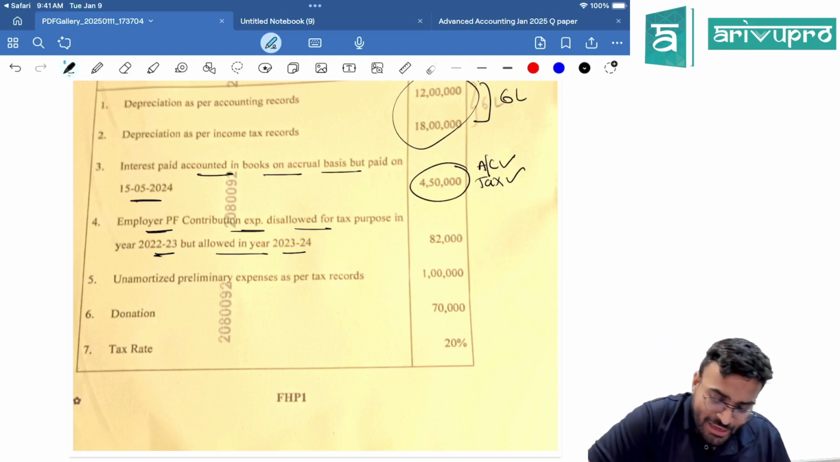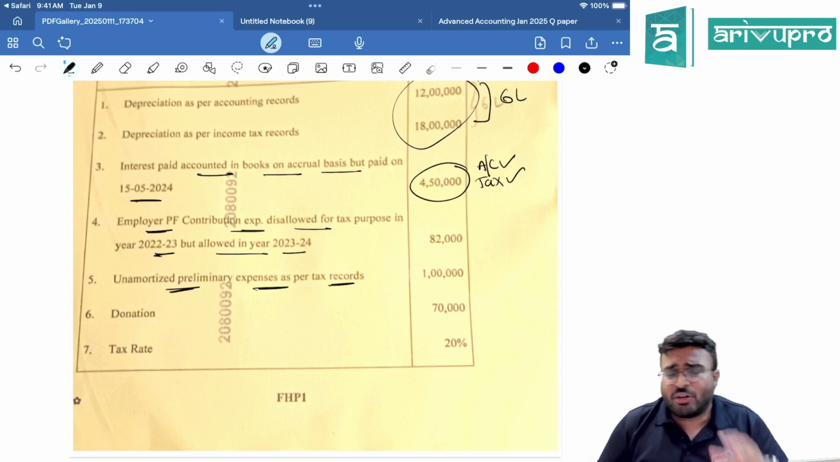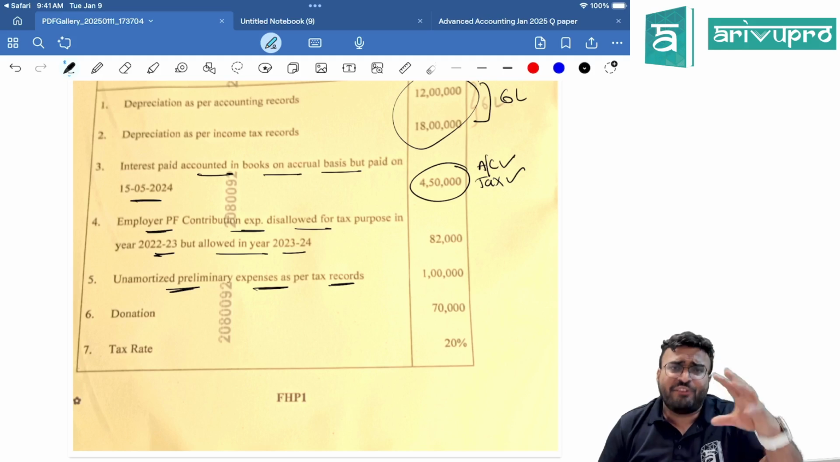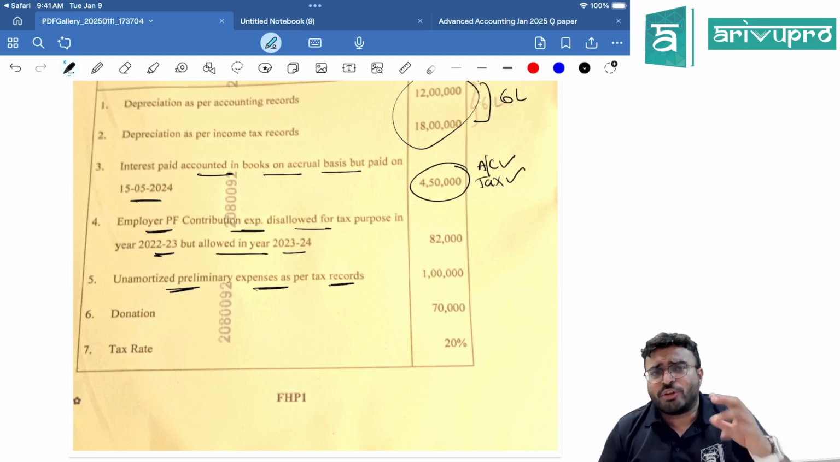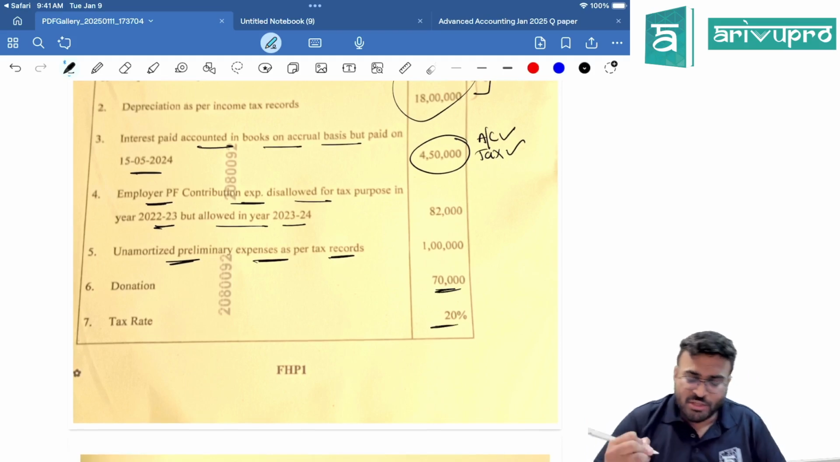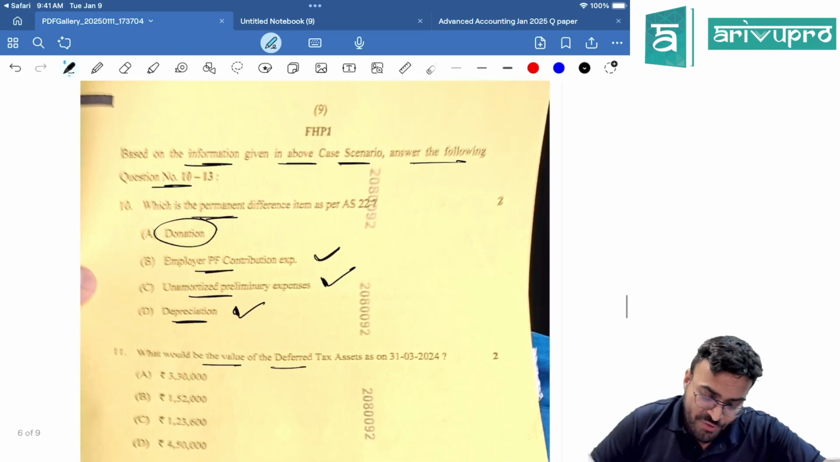Okay, good. Unamortized preliminary expense as per tax records. In taxation, what happens? They allow you to take preliminary expense over 5 years. Here in accounts, you will take the entire amount in 1 year itself. Donation is 70,000, and tax rate is 20%. Can you see over here? First question